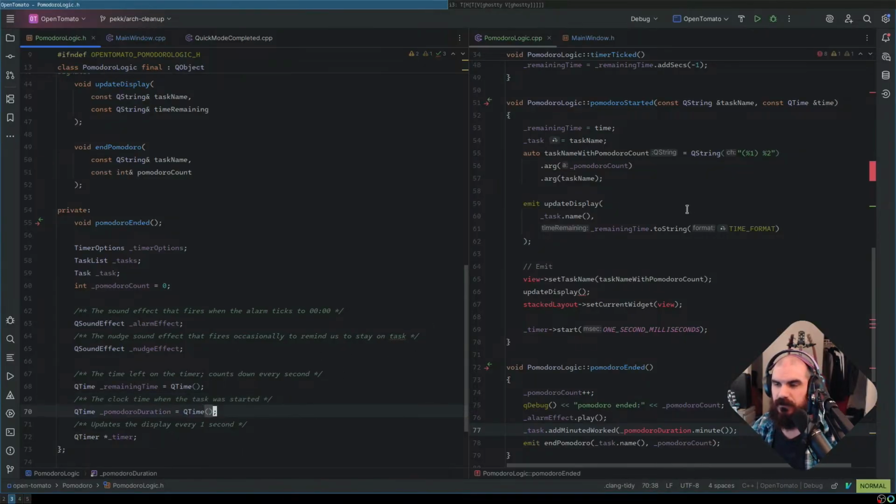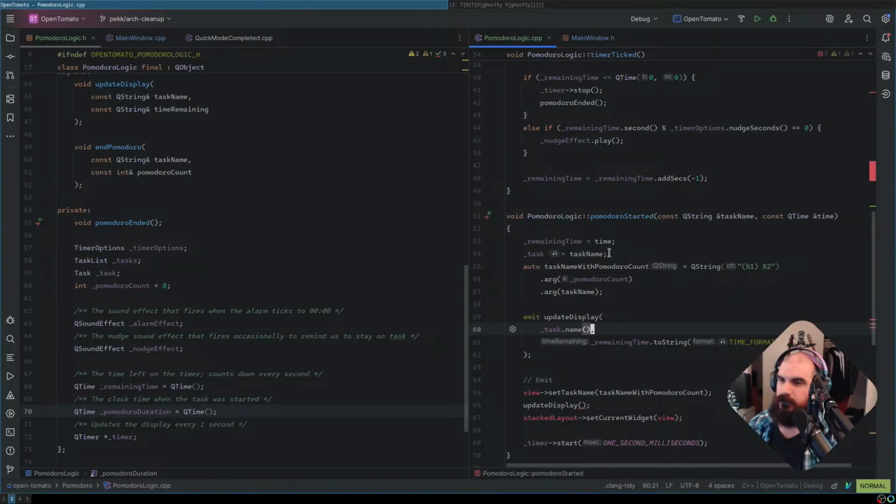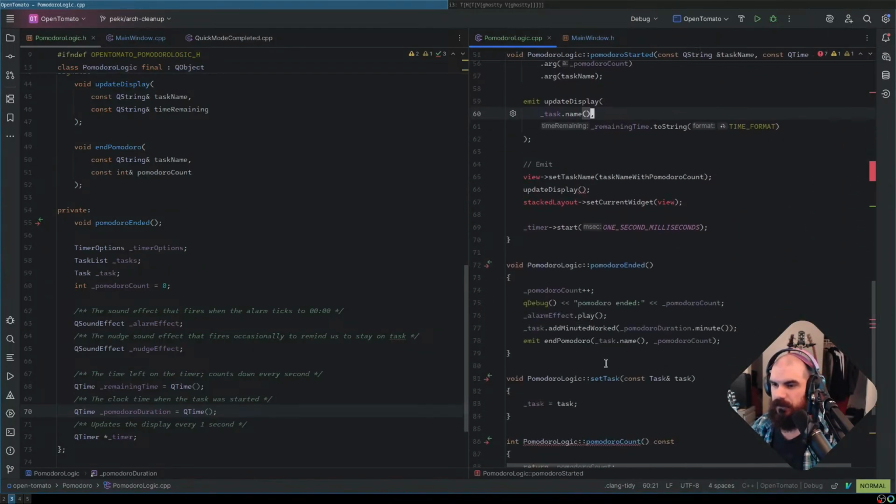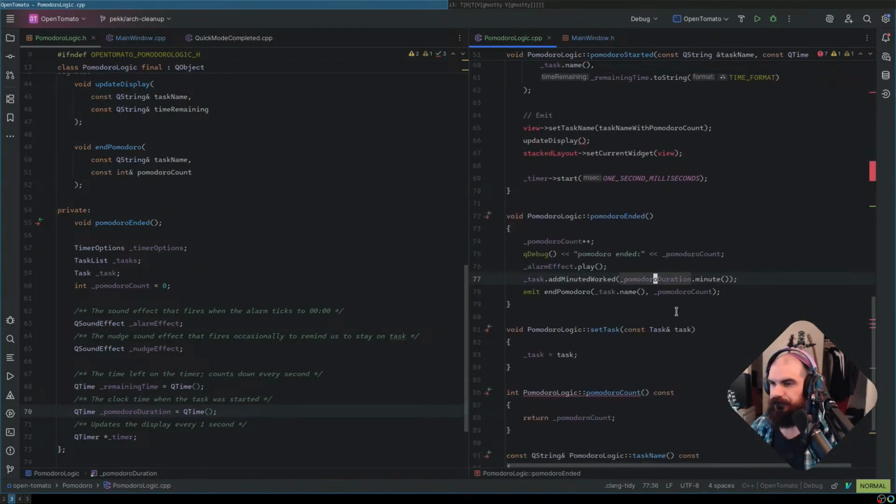And then we can subtract them. Right? And then we can say add. There's no Pomodoro duration. We're going to add minutes worked.